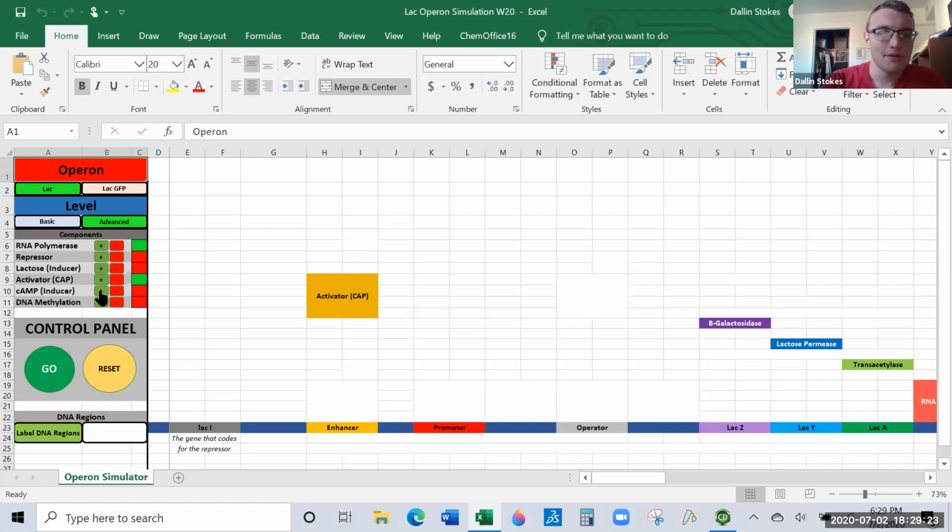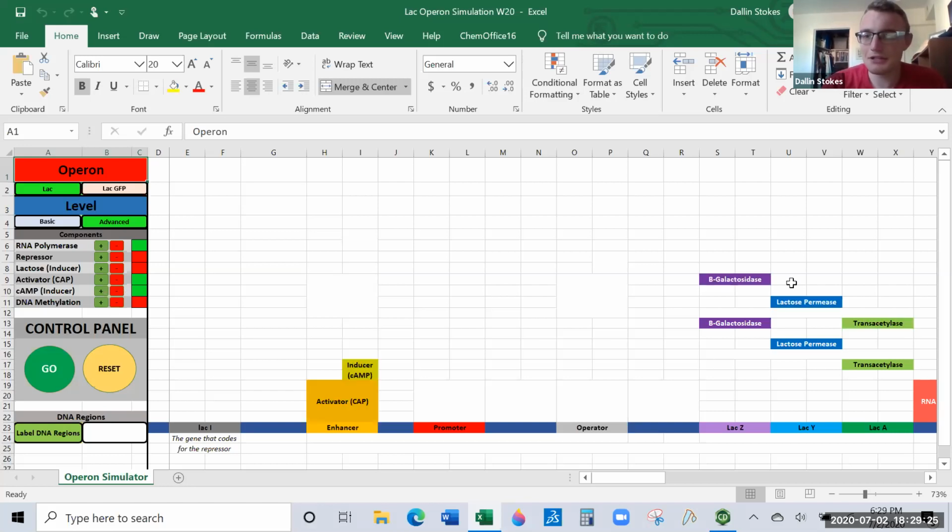But with CAMP, then we're going to make twice the amount. Now, here's the logic behind this, because there's reasoning for this, and this will explain where CAMP comes from. CAMP shows up when glucose is missing. Remember how I talked about at the beginning of the video that glucose is the food that the cell knows how to eat.